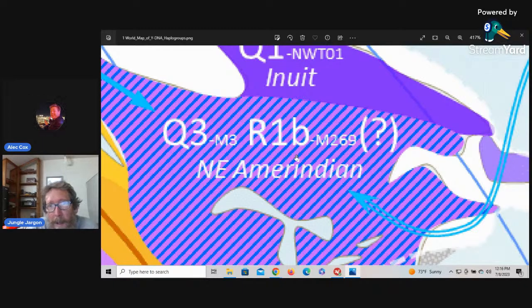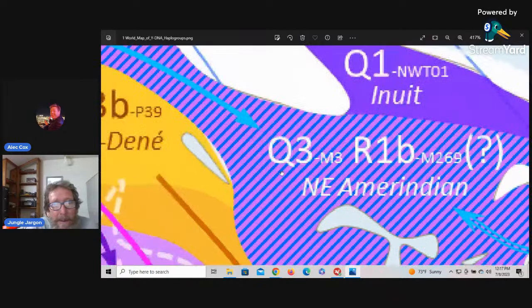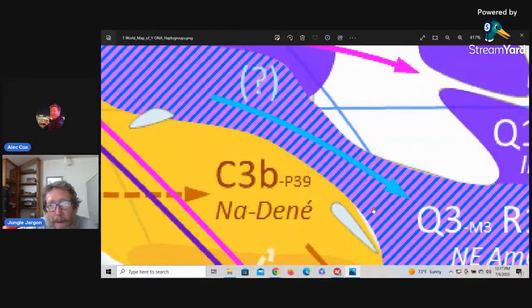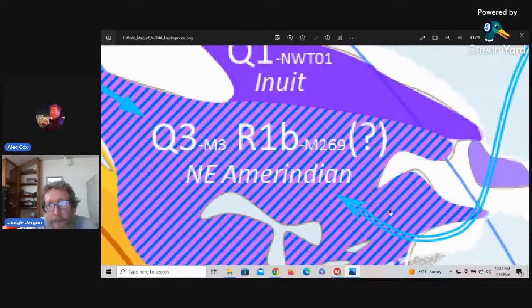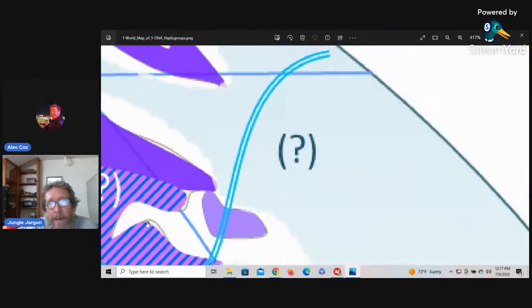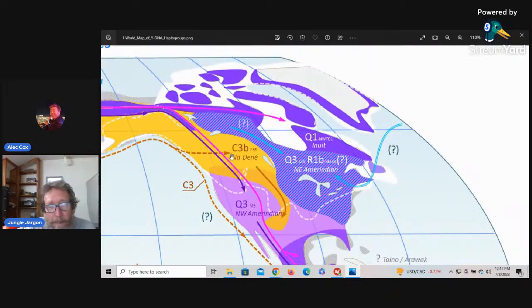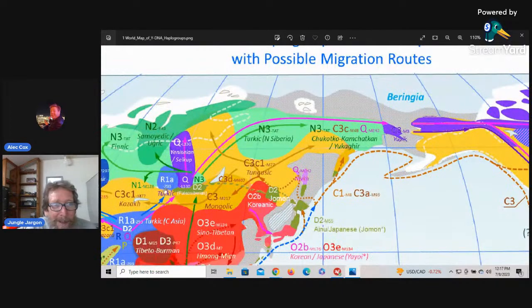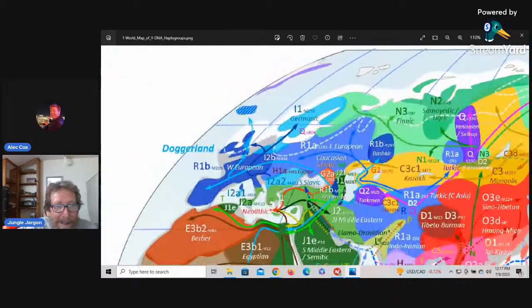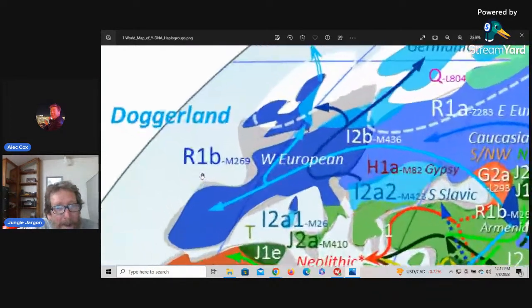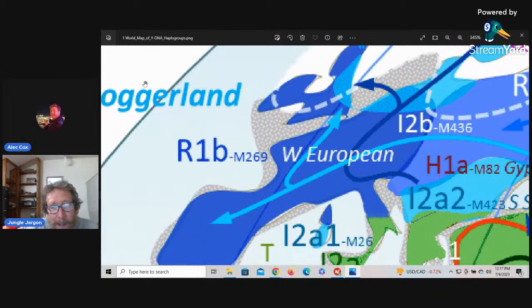Carry on. This Mediterranean R1b didn't cross over from this side. It didn't cross over through here. It had to have come this way around here. It had to have come this way to America from, well, from over here, from the Mediterranean. See, here's R1b right here. This R1b went up over this way into Europe, and that's